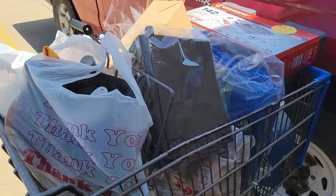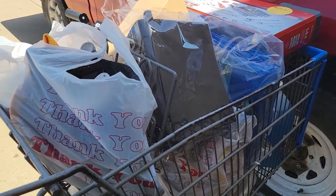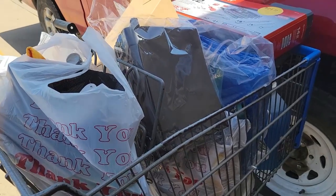So we spent, I think, 2 hours in the tool store of A to Z, but it feels like an eternity, and we finally just came out, and here's our cart. We might have gotten just a few things that weren't on the list, but we did find mostly everything on our list, and Scott's getting ready to go inside here in just a minute to purchase a welder and air compressor. We just have to do a little bit of research about the welder, and then we're going to move on to the last